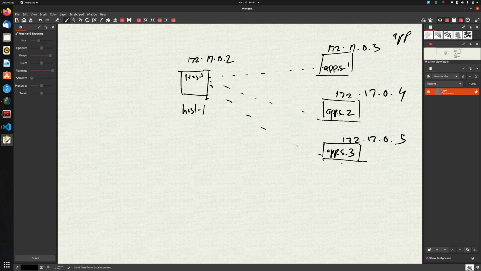Now in this case, as you can understand, this host and these 3 app servers are connected to something called the Docker bridge network, but in reality it can be any router, right? So basically this host is also connected to this bridge or router, and it's connected to these three servers. Now it could very well be in a NAT box or a router, or what I mean to say is that instead of having 172.17.0.3, it could have been something like 172.18.0.5, or it could have been something completely different subnet altogether.